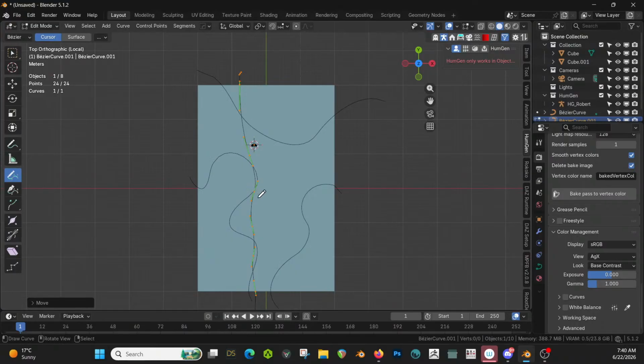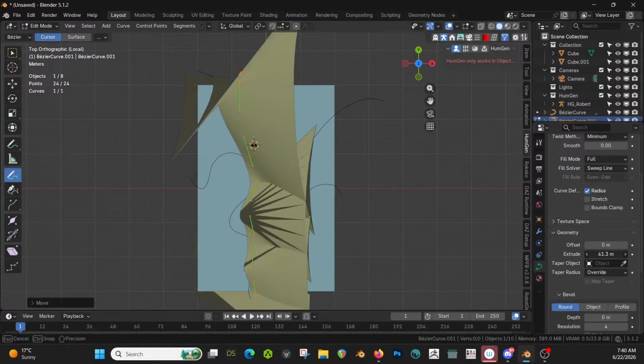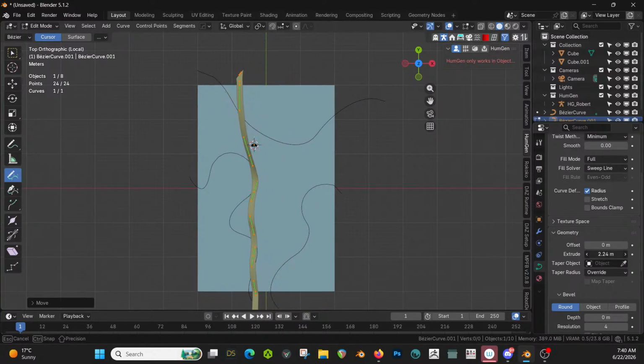Now, that could work, I think. Geometry, extrude. No, don't we want, we do want to extrude it, but let's not do it that way though. Let's just